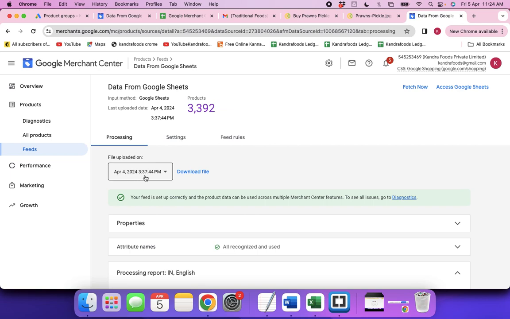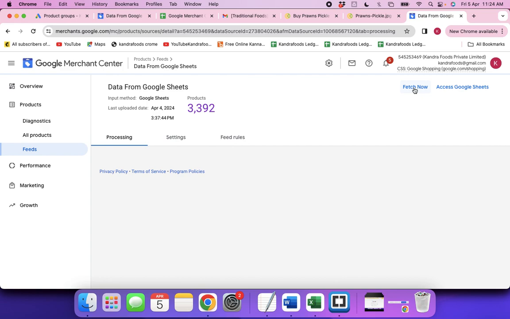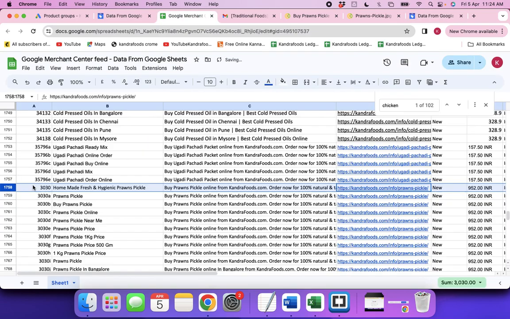See, last fetch is April 4, 2024, 3:37:44 p.m. That is yesterday, 3:37. Somebody from the team has clicked on fetch now. They must have added a few more products to the sheet and clicked fetch now. I have added a few products now, so I'm clicking fetch now again. So the last feed data will be April 5th. And I'll have to click fetch now again